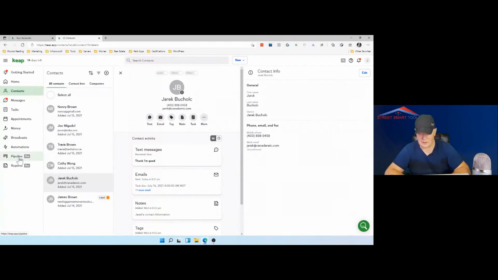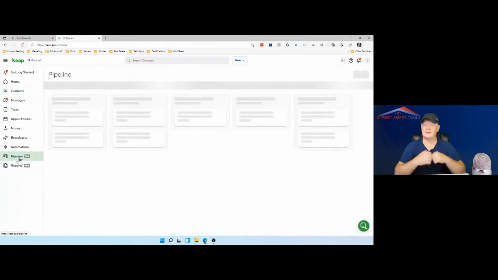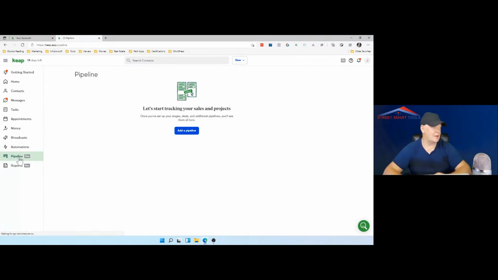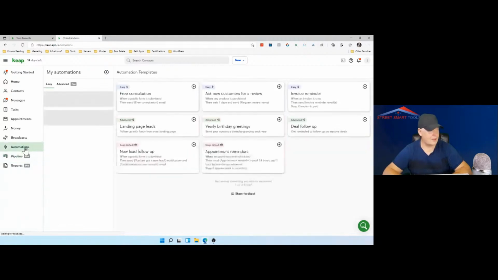So we were talking about the easy automations, and we will be discussing briefly getting into the more complex automations, right? Pipelines, sorry, I clicked the wrong link.